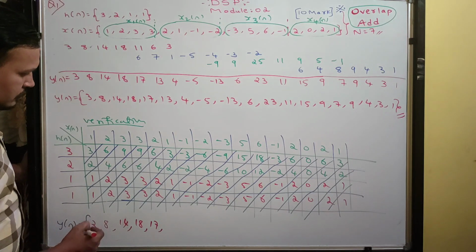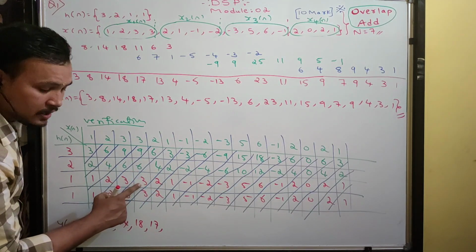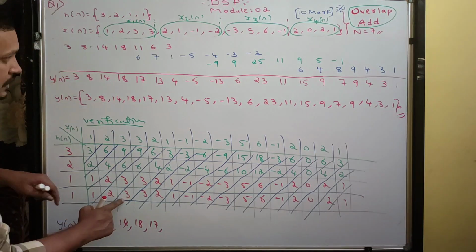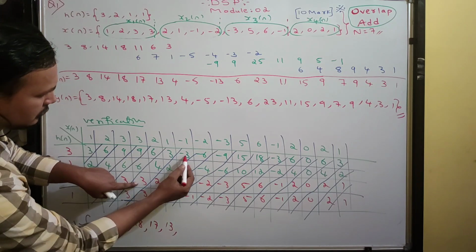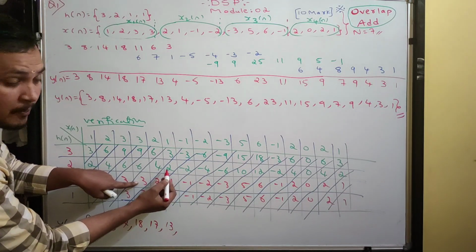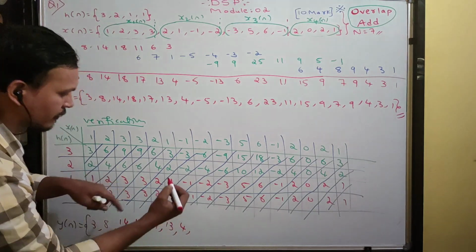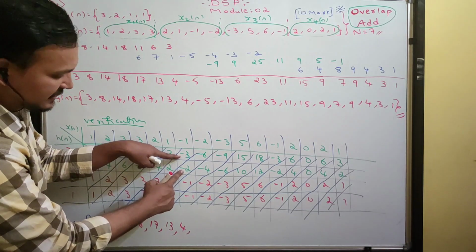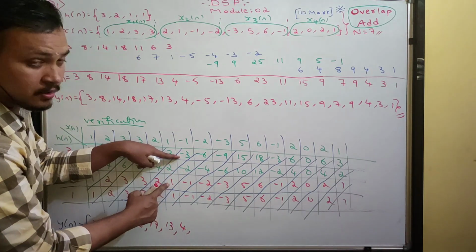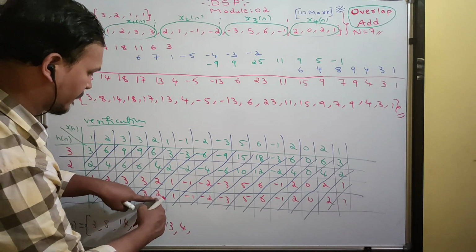Okay. So next this one. 3 plus 4, 7. 7 plus 3, 10. 10 plus 3, 13. Okay, this is over. Next 3 minus 3 plus 2, minus 1. Minus 1 plus 2, 1. 1 plus 3, 4. Okay. Next minus 6 minus 2, minus 8. Minus 8, 1. Minus 7. Minus 7 plus 2, minus 5.